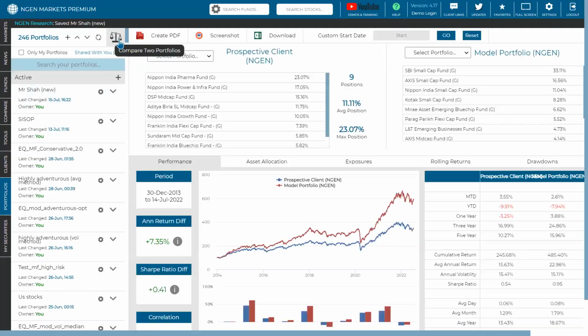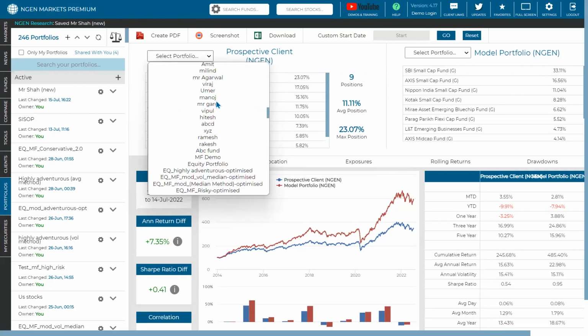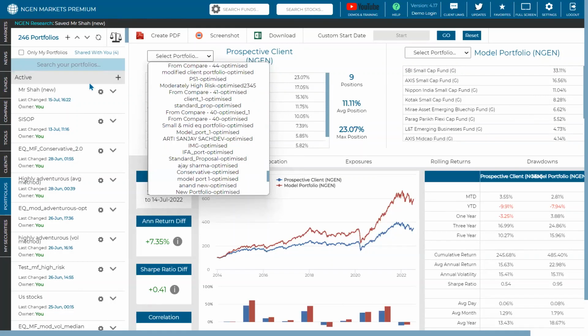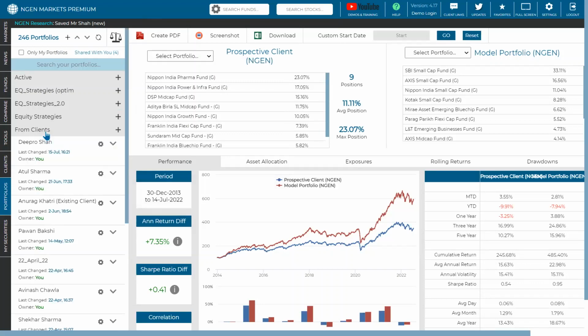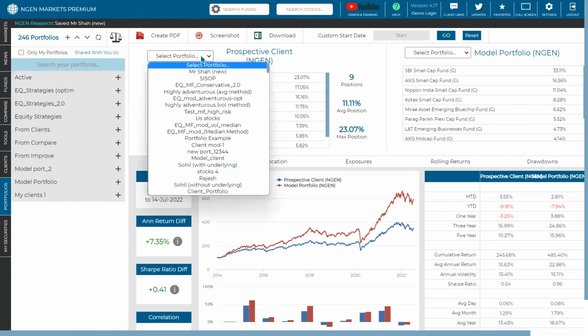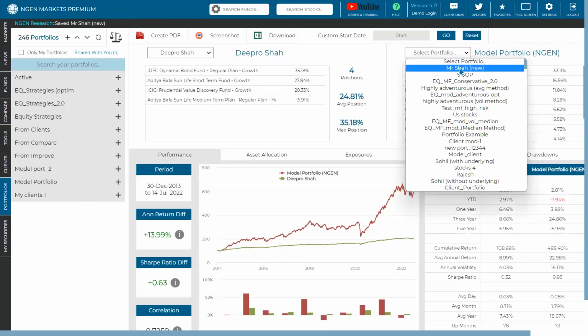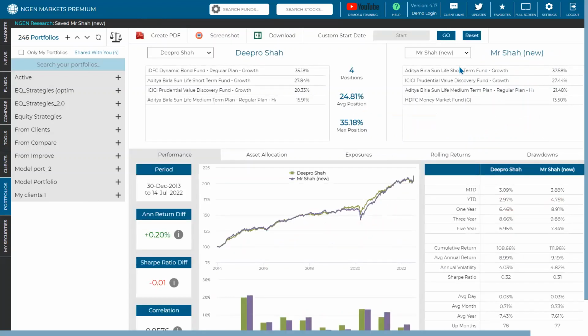This is very useful because at times you would think you have made good changes for the client, but it might not be the case that your changes are useful for the client's analytics. So we will show you which client we have added. Just a moment. Okay, take a look. This is one client on the left side, and on the right side we will add our changes to that client's portfolio, and see if that makes sense or not.